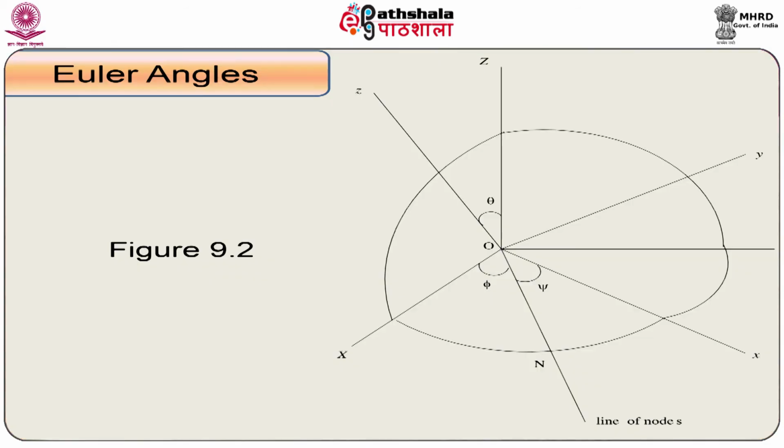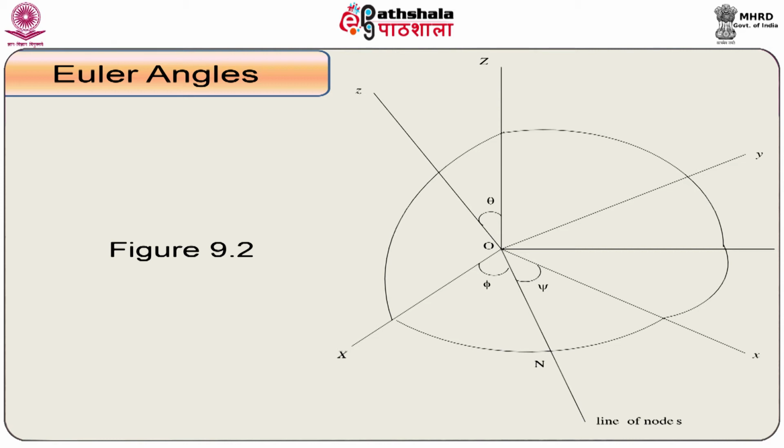A rigid body has 6 degrees of freedom, which are the positional coordinates of its center of mass and the angles that the body set of axes of the rigid body make with the fixed frame of axes, which are given by theta, phi and psi. These are Eulerian angles or Euler angles. Now, we shall define and discuss in detail these angles.